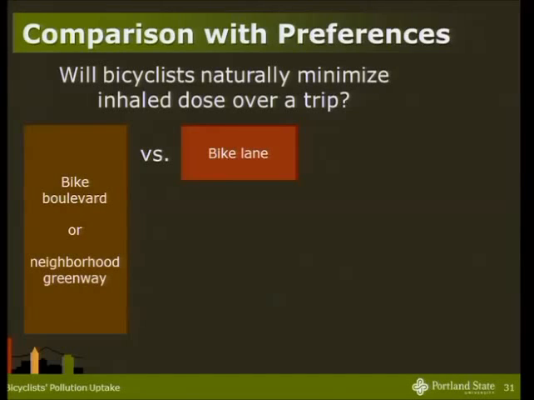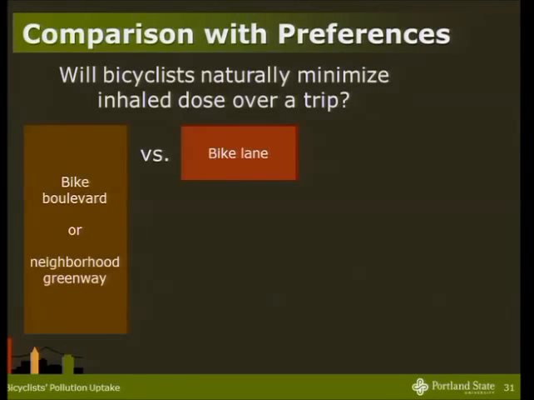So what we did was compare those trade-offs I was just talking about with the results of a bicycle route choice model that was developed here at Portland State, actually by Jennifer Dill, Joe Broach, and John Glebe. So they had bicyclist routing data, and they did regression analysis to quantify people's willingness to trade off distance versus higher traffic facilities for different types of comparisons, bike lanes, no bike lanes, et cetera. So we took that data, compared it with our data, and looked at when they were in balance and when bicyclists were more or less willing to trade off distance for exposure to traffic.